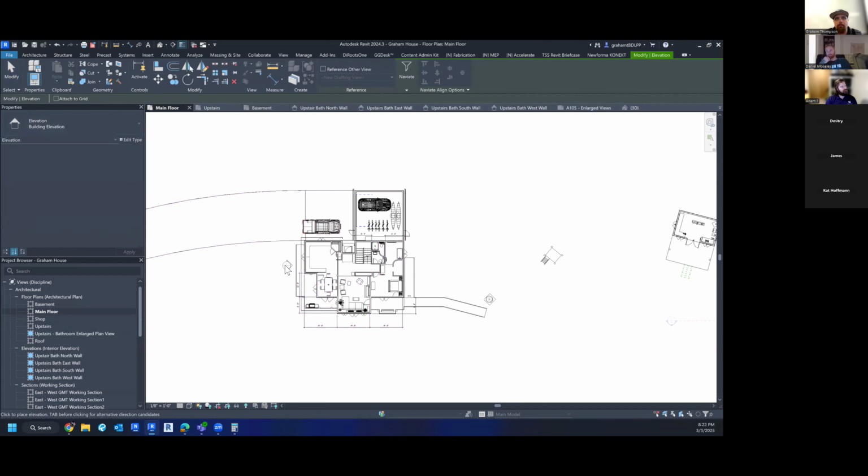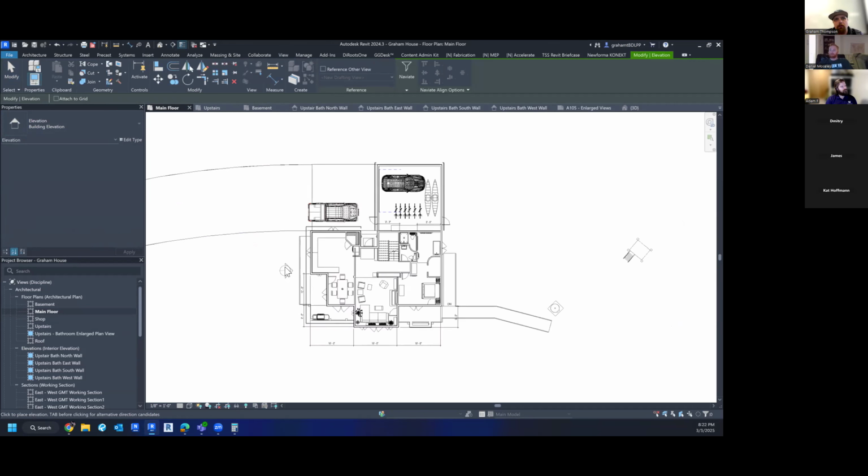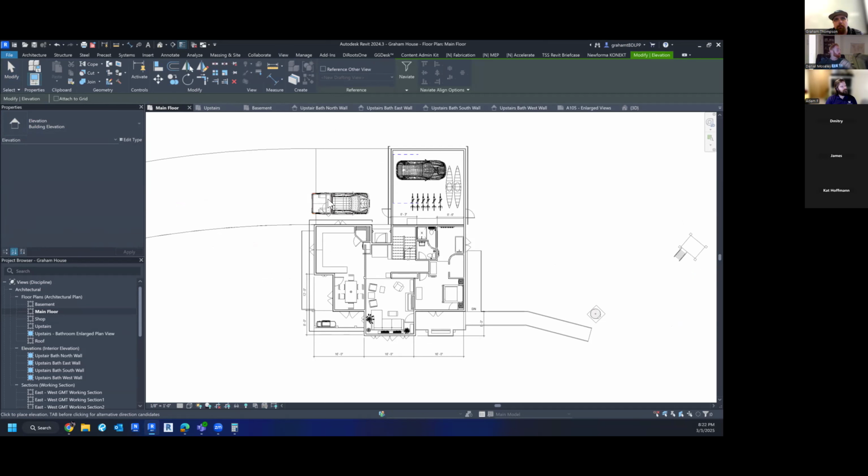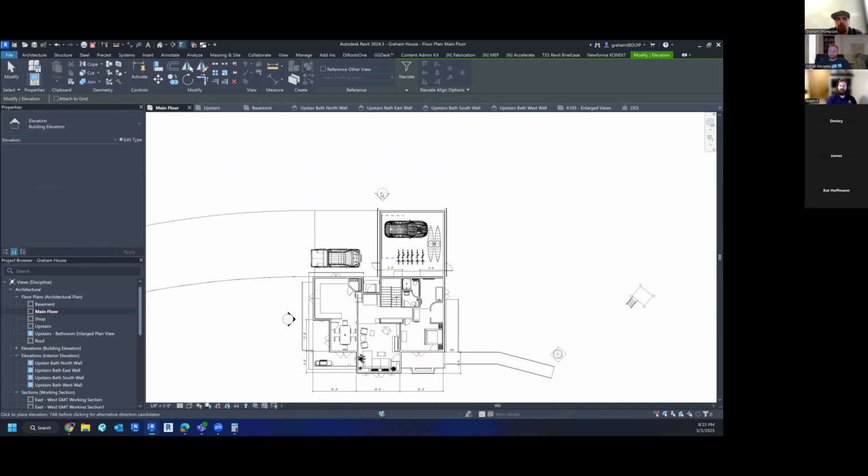And that's what I'm going to do. So if you drag that elevation within like 10 feet of a wall, it will try to automatically place it in that direction. Okay. So maybe it's not 10 feet, maybe it's 15, maybe it's 5. I don't know what it is. And it looks like it's about 10 feet. So I'm going to make one here facing north, one here, actually one here, one here,